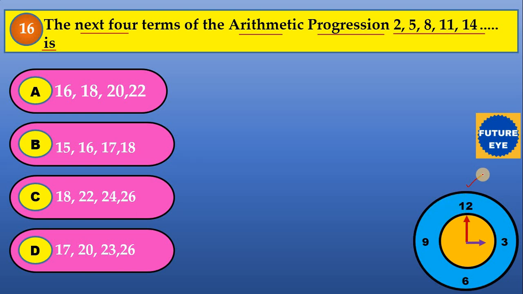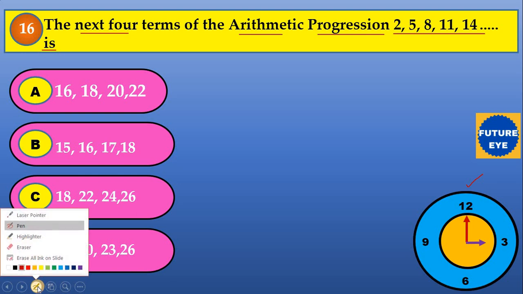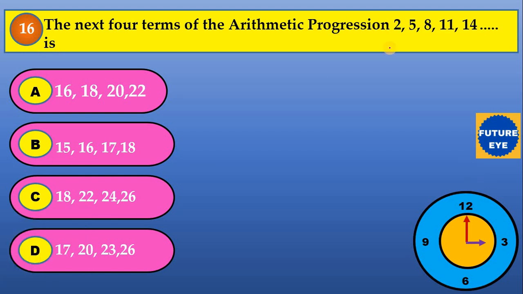Time up, children. I hope you got the answer. No need to calculate for this problem. If you use your mind, you can easily answer. See here they have given an AP. Find the D value mentally. In 5 subtract 2, how much do we get? We get 3. And in 8 subtract 5, here also we get 3. Means common difference is 3. So for 14 you add 3 to get the next term, that is 17. So in the given options, the first term 17 is in option D.